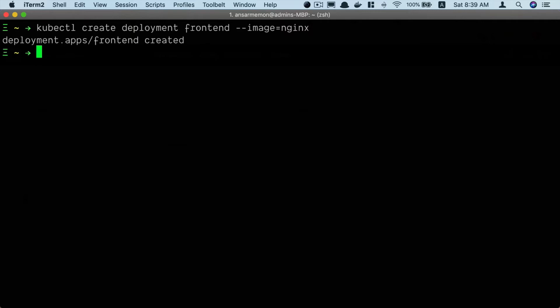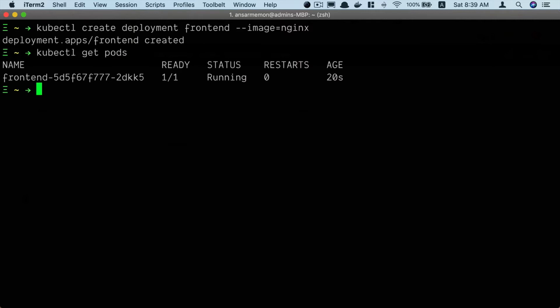In this case, I'm giving the image name as Nginx, which is totally random. What Kubernetes does behind the scenes is reach out to Docker Hub, pull this image from Docker Hub, and spin up an instance of our application. If I now inspect the elements, you'll see that I have one instance of my application running. And let's say there's a sudden spike in the traffic and I want to scale it up. With Kubernetes, that's absolutely no problem.